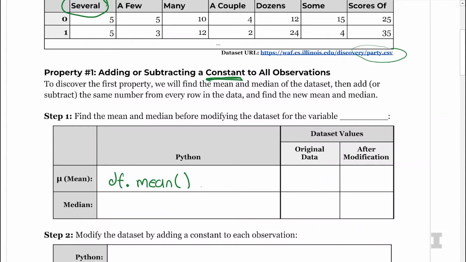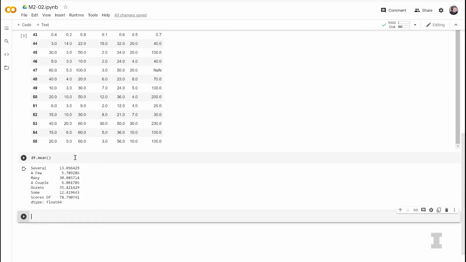I had a quick question, Wade. How come we have to put those parentheses after mean? That's a great question. Almost every call you make in Python is going to be a function call where we can specify extra arguments inside of the parentheses. By having open and close parentheses, we're saying we don't need anything special. Got it. It's going to be very rare that we don't have these parentheses when we're asking an object like a data frame to do something. That makes sense. So I just ran df.mean() and got the mean of all of the columns.